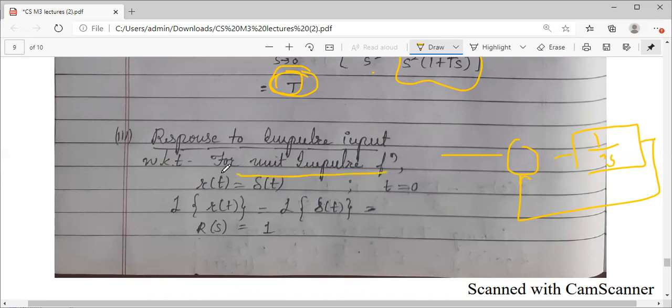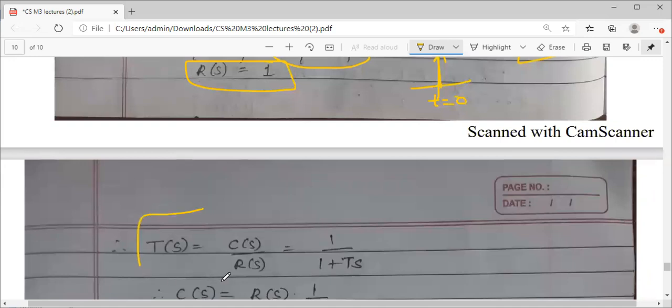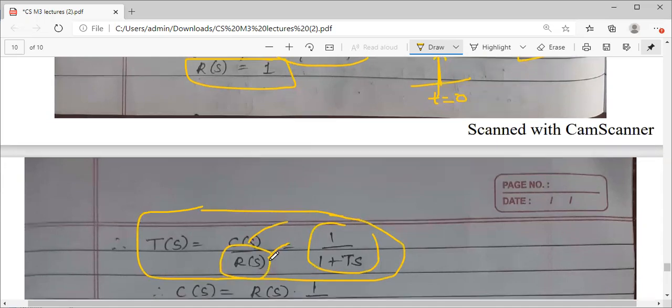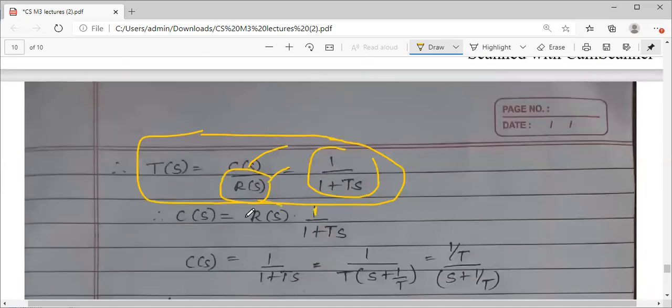So impulse, we know what is the input, that is r of t is denoted as delta of t. Okay, it is not equal to 1. Okay, delta is what yesterday I have shown you in the previous session. Impulse, the amplitude at time t equals 0 is infinity. Fine, but the Laplace transform R of s is 1. Coming to this, what I will do, making use of the transfer function equation, C by R is equal to 1 by 1 plus Ts. So applied input is impulse, उसकी value 1 है. Okay, here it is 1.